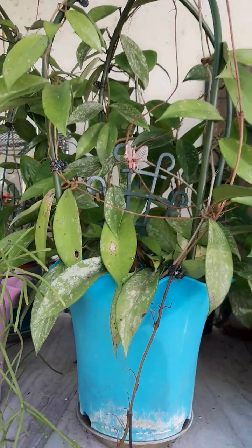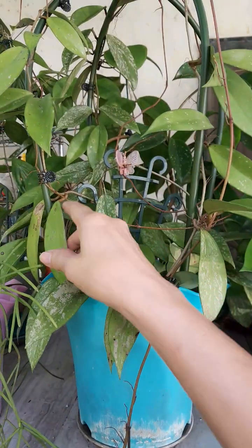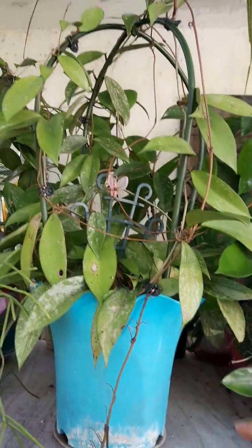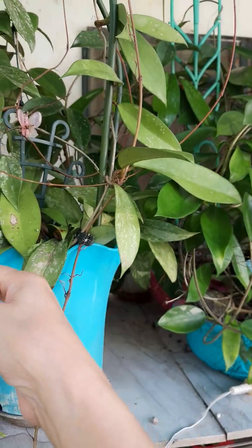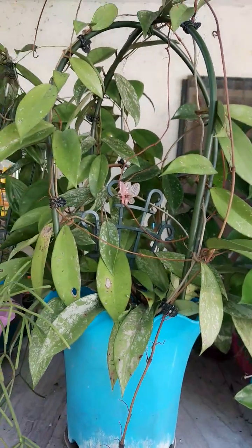This is my other Publicalyx. It hasn't flowered on me yet also. It's just outside here, getting long vines. So I normally neglect the one that's out here, because they get rain anyways and get watered. So that's how she looks. And then here at the bottom,